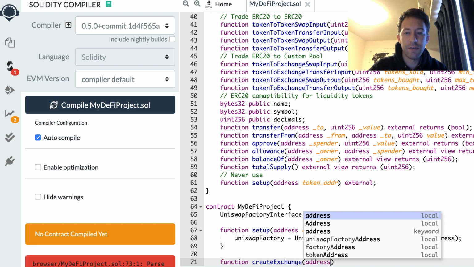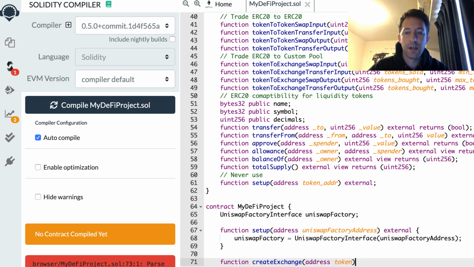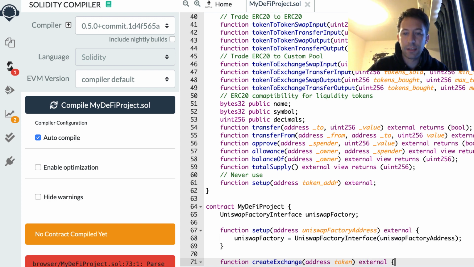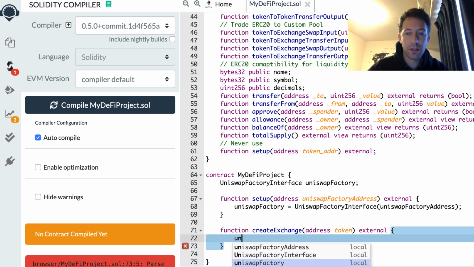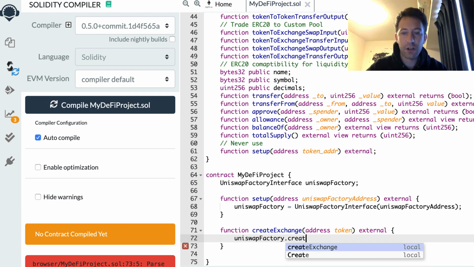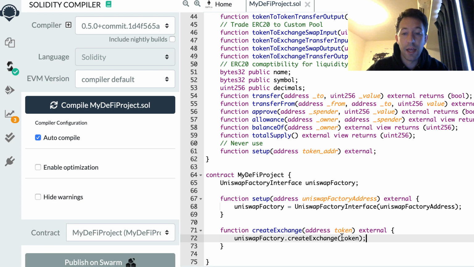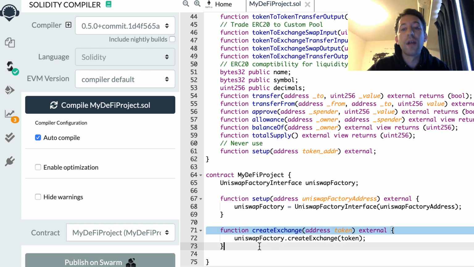It's going to receive the address of the ERC20 token that we want to add, and here we use the uniswapFactory variable, which has a function called createExchange, and we just pass it the address of the token. After that, we have a new exchange with a new liquidity pool. That means you don't need to create your own decentralized exchange. If your project uses an ERC20 token, you just need to call this function once, and after, everybody can trade